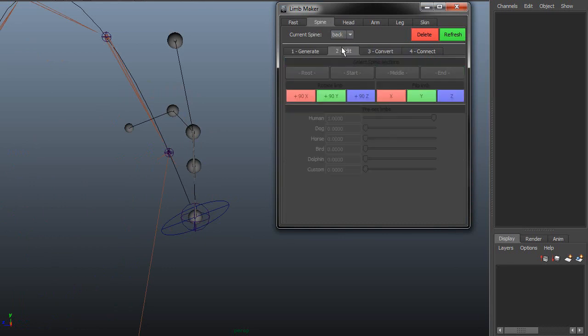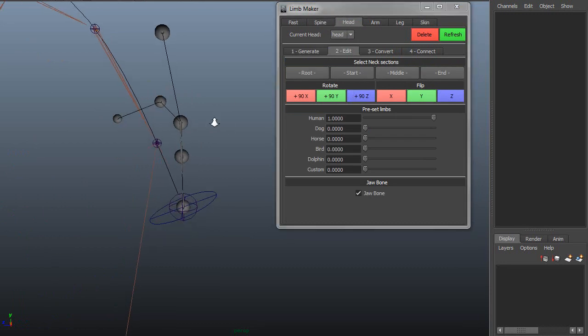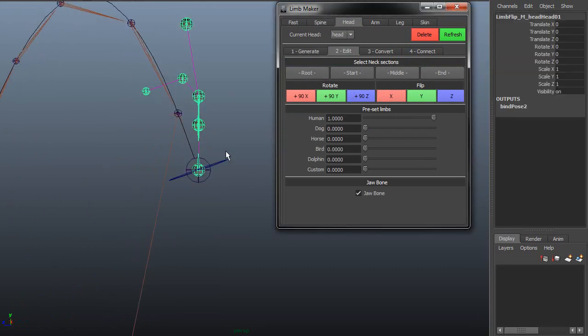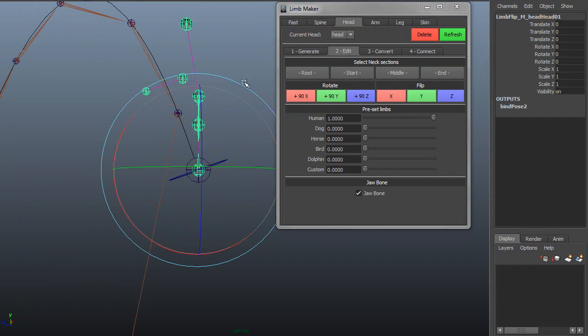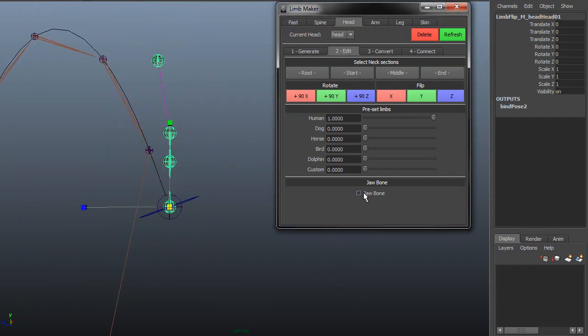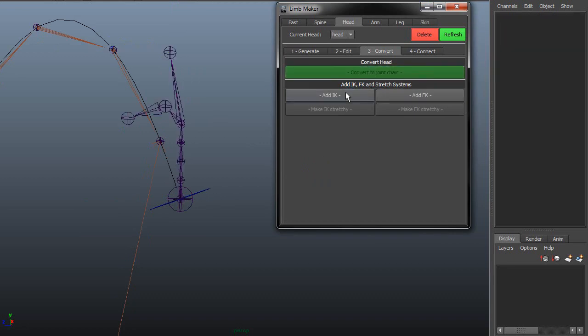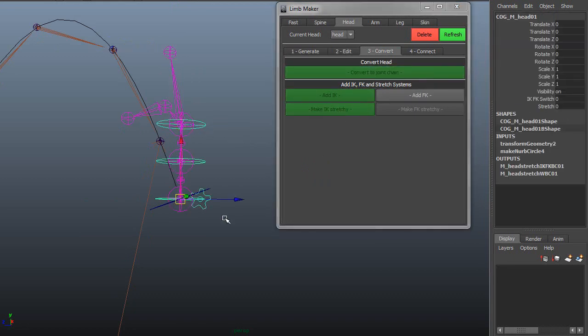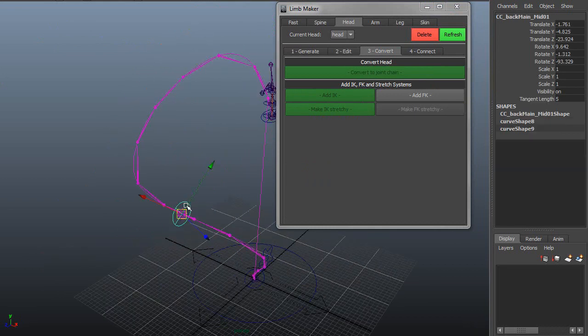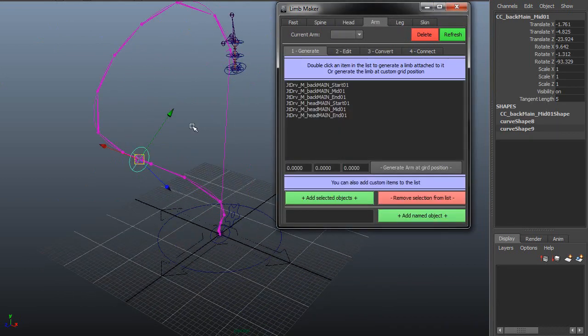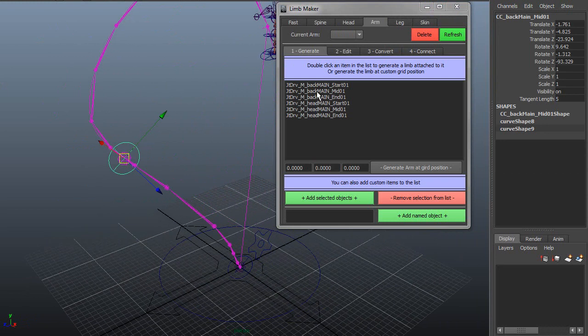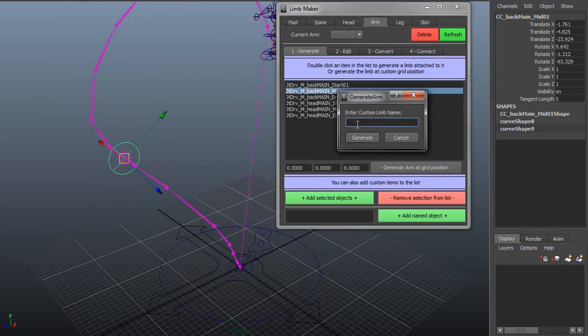So this just uses the spine procedures again to just add a spine at the start of the head. And it's quite similar, if we look at the spine and head, they're quite similar, which helps users identify with the interface. So again we can just move this about, scale, do the same things. There's an added jaw bone and a joint head top, so we can move these about and convert these again, add IK, stretch it. Moving on, what we're going to do is just add some arms over here, so we can go to the back mid control. It's asking us what the name wants to be. We'll just name this arm for the moment,